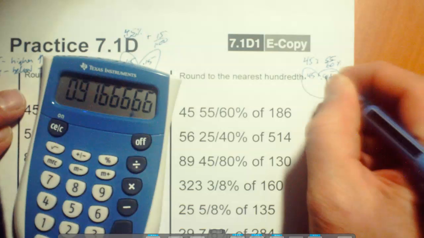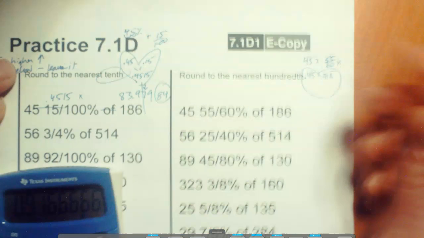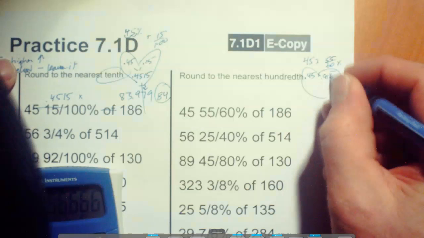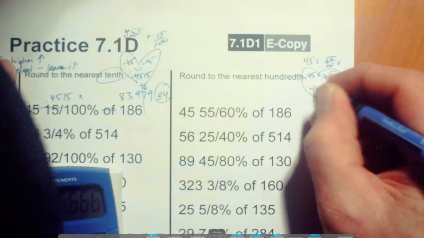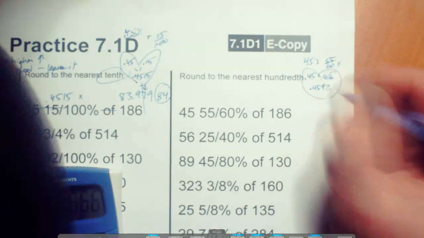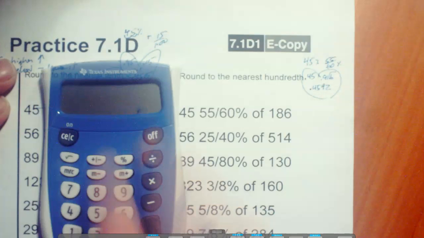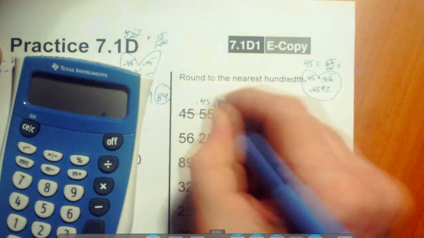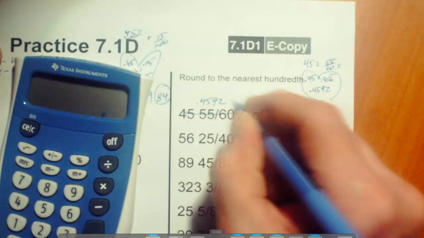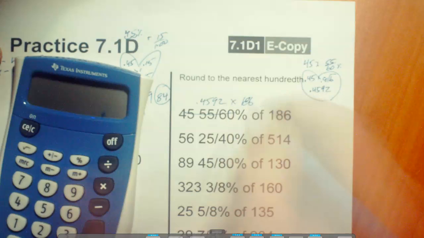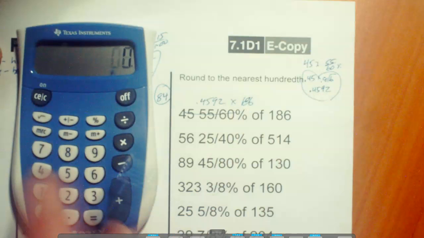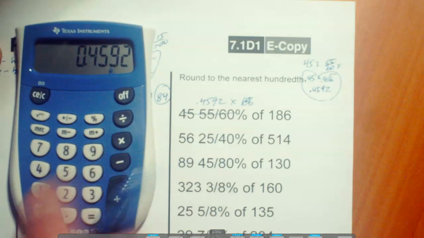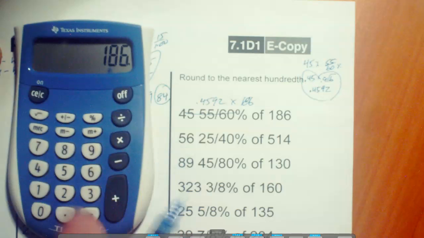0.916, repeating. So we'll round this to the nearest hundredth, and we'll just call that 0.92. So let's make this 0.4592. So this is going to be 0.4592 times 186. 0.4592 times 186 equals